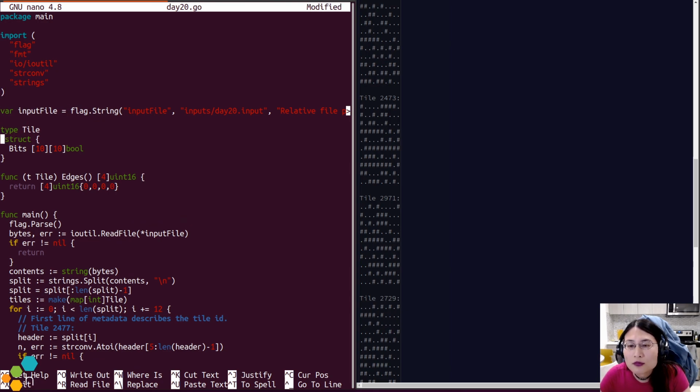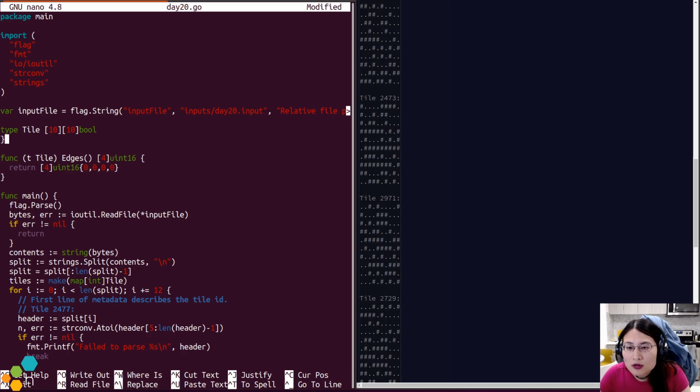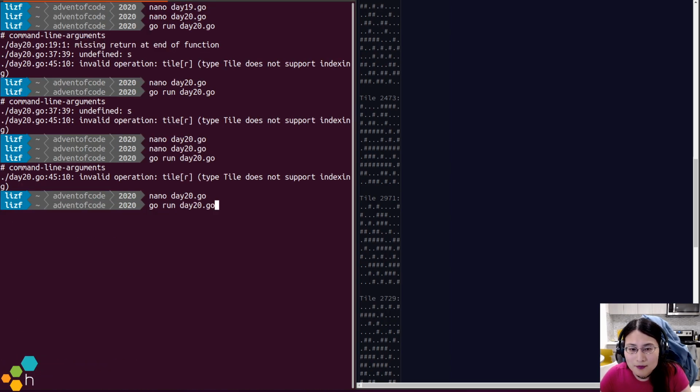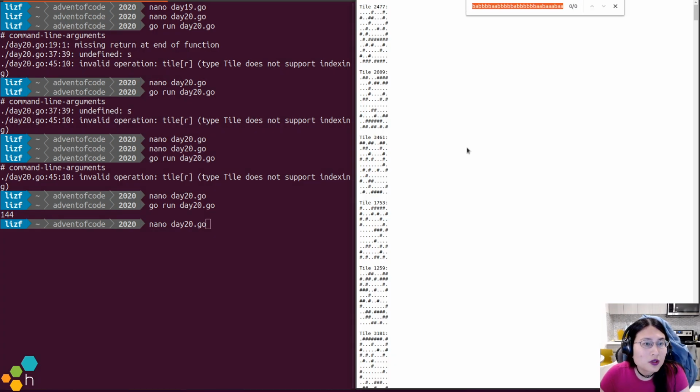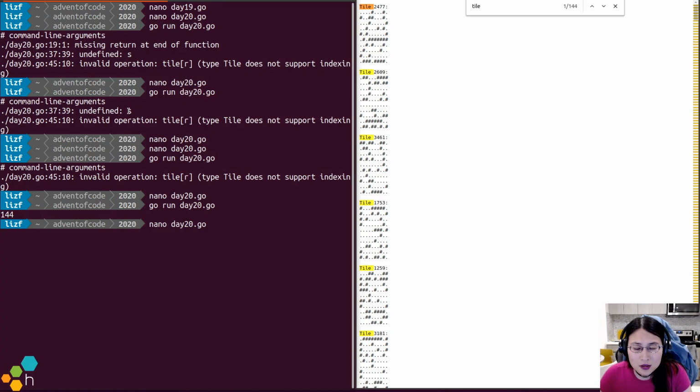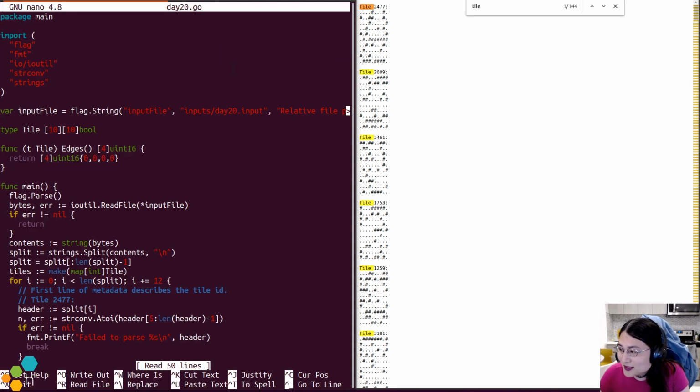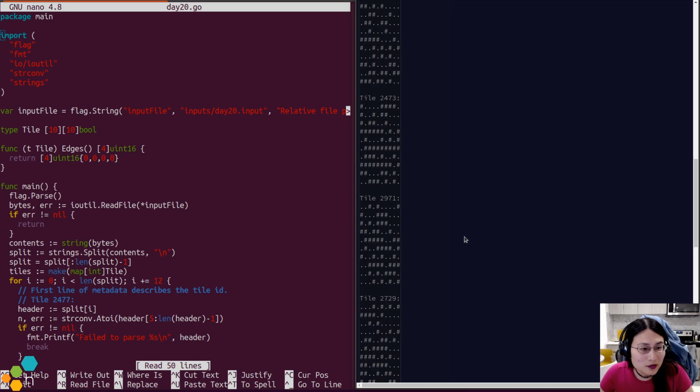Oh. Because that should literally just be that. Okay. Alright, so there are 144. There are 144 here. Okay, that makes sense. That feels pretty good. Alright. So, this is definitely going to be one of the more interesting algorithmic puzzles for sure.